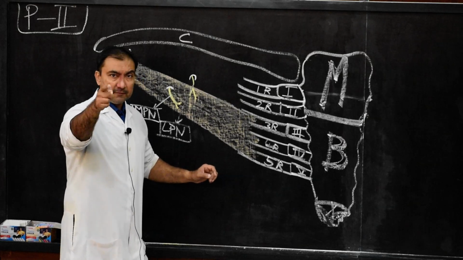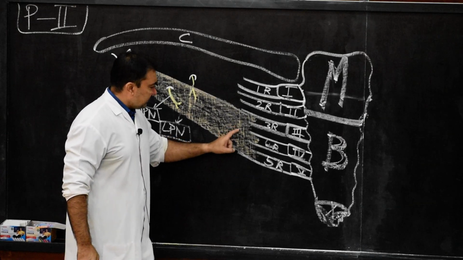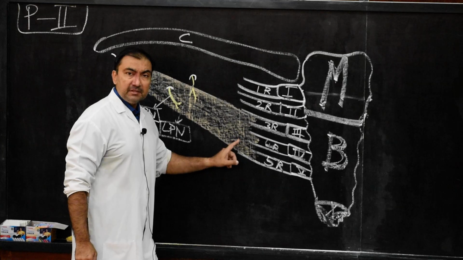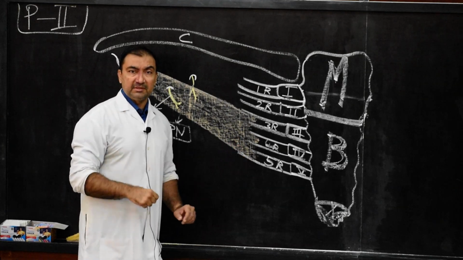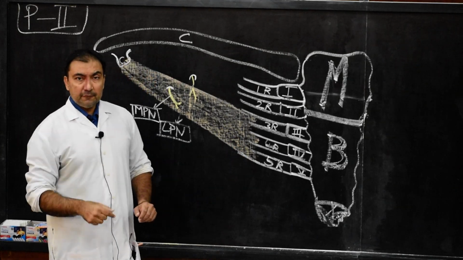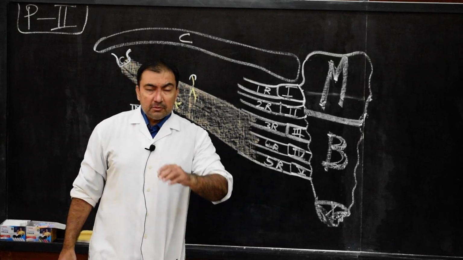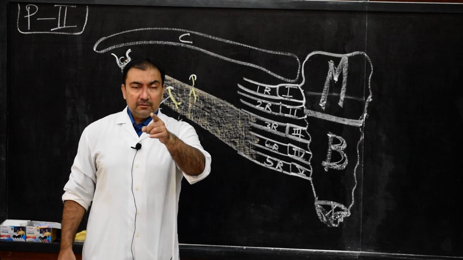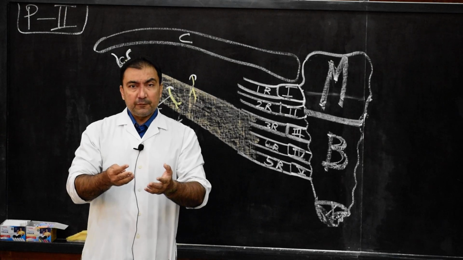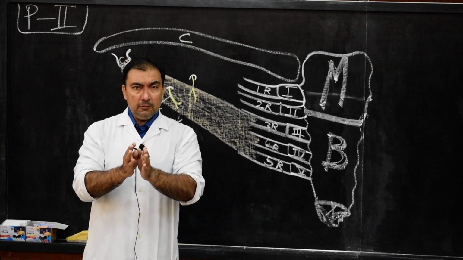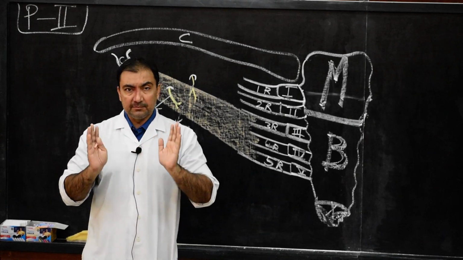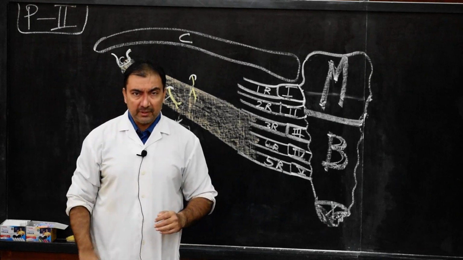And in addition to that, one more point we had to include: this pectoralis minor will also take origin from the external intercostal muscle, which is a muscle of respiration. So pectoralis minor is also going to take origin from some of the fibers of the external intercostal muscle. That is one point you need to add.